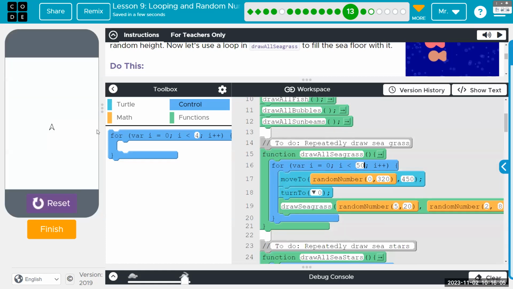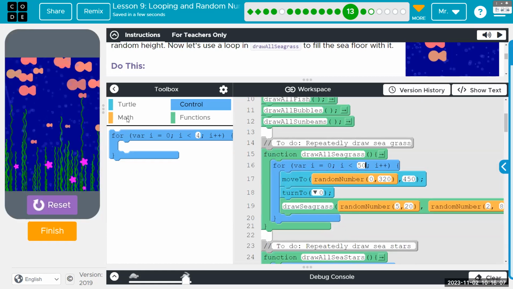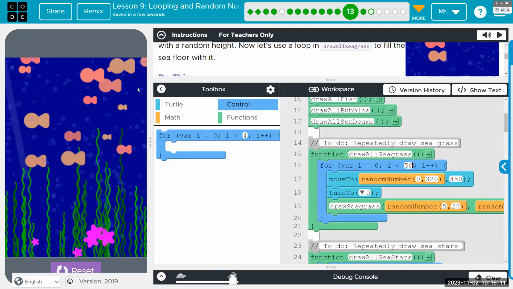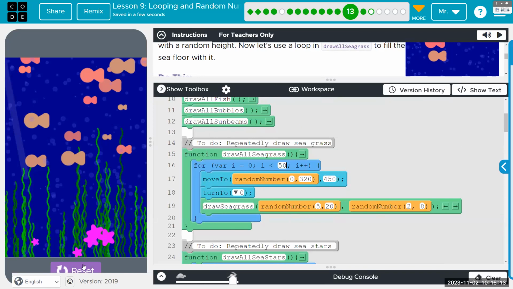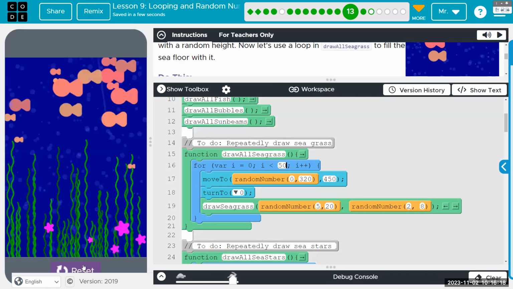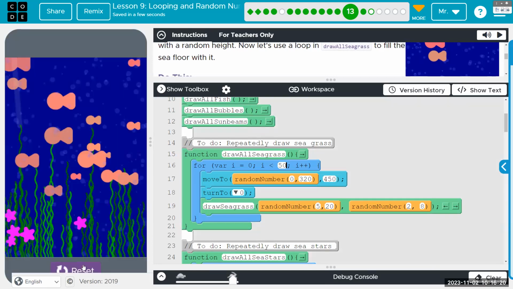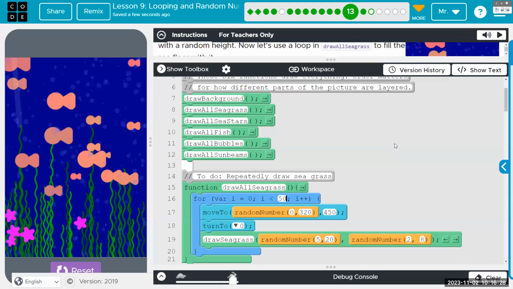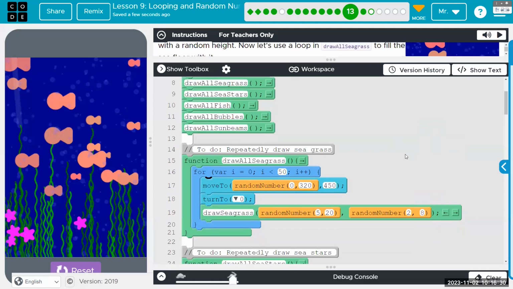There you go, seagrass. All right. So again, the only thing we did was drag in the loop and put the 3 blocks inside of it.